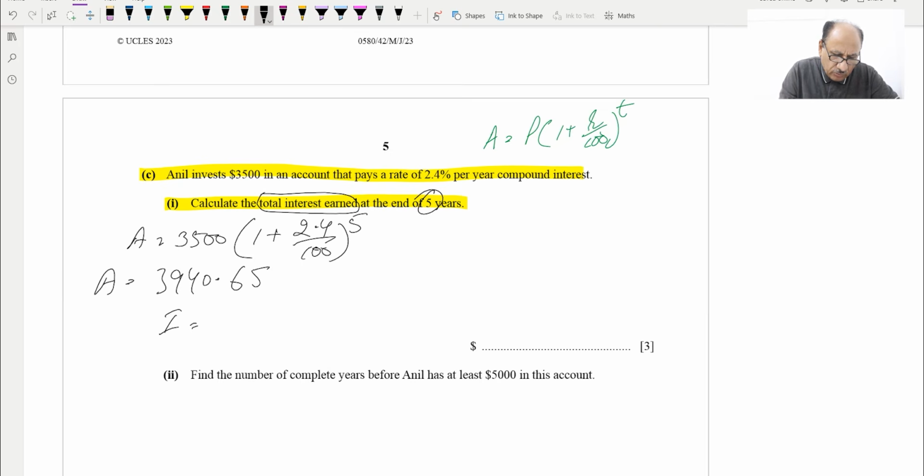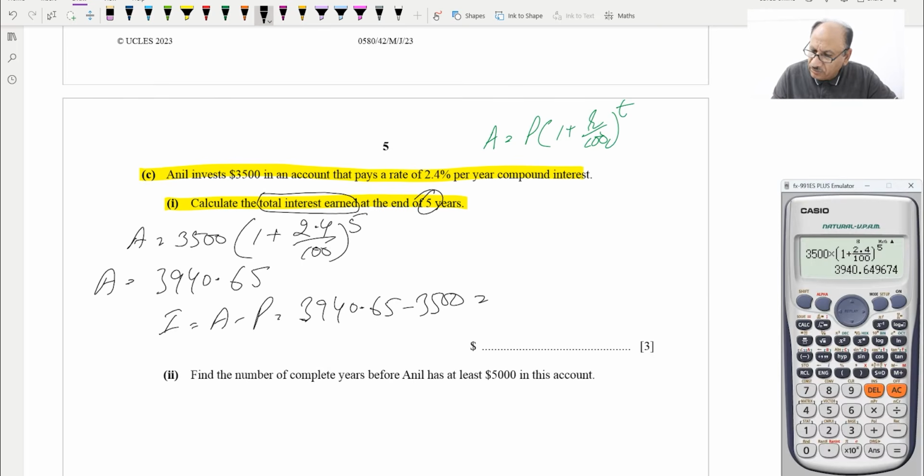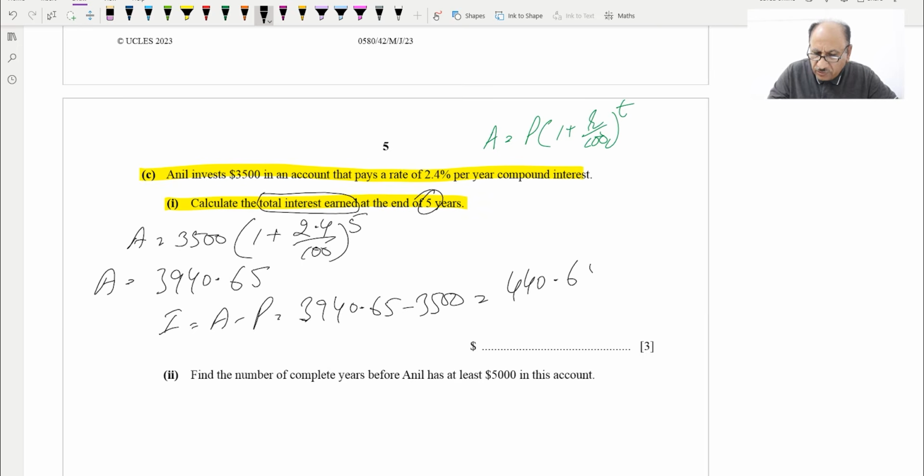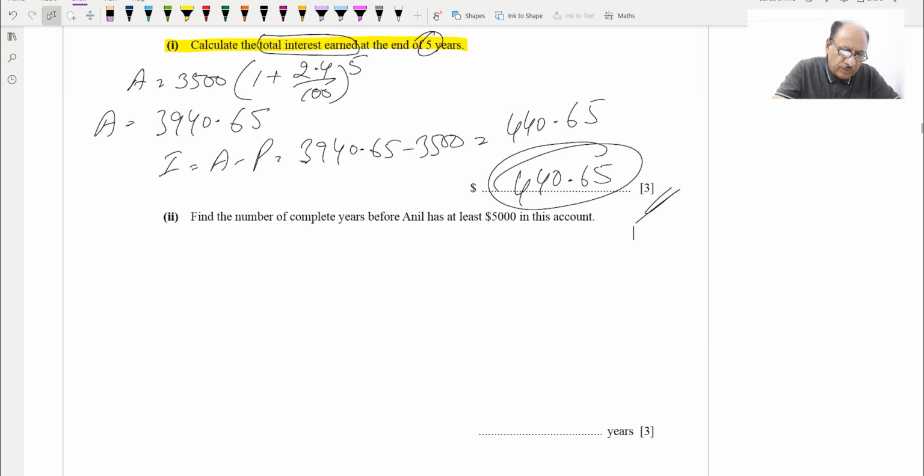So interest is equal to amount minus principal amount. So 3940.65 minus the principal amount, which is 3500, will be equal to 440.65, and 440.65 will be our answer for 3 marks. Hopefully you understand this. Now the second part says find the number of complete years before Anil has at least 5,000